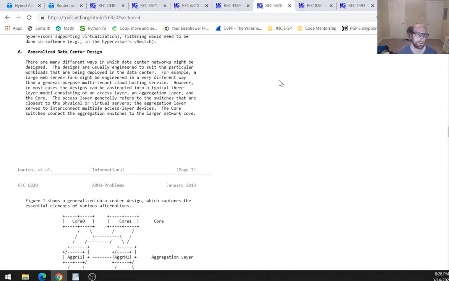Number 6, generalized data center design. There are many different ways in which data center networks might be designed. The designs are usually engineered to suit the particular workloads that are being deployed in the data center. For example, a large web server farm might be engineered in a very different way than a general purpose multi-tenant cloud hosting service. However, in most cases, the designs can be abstracted into a typical 3-layer model consisting of an